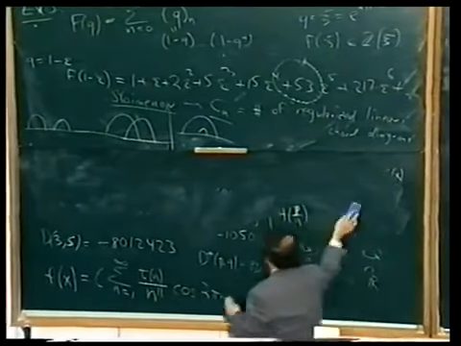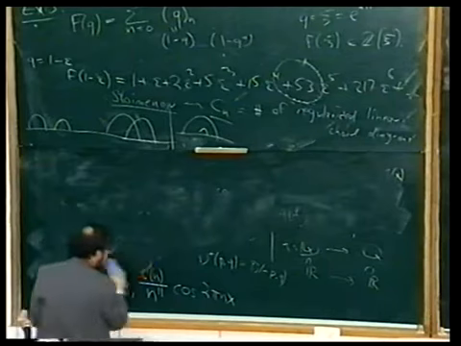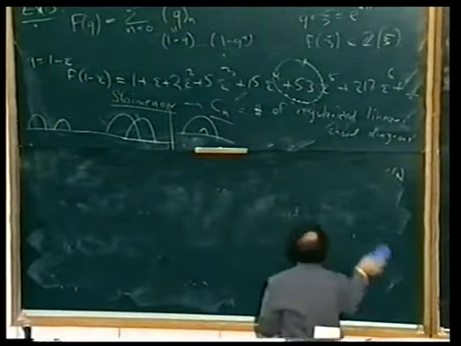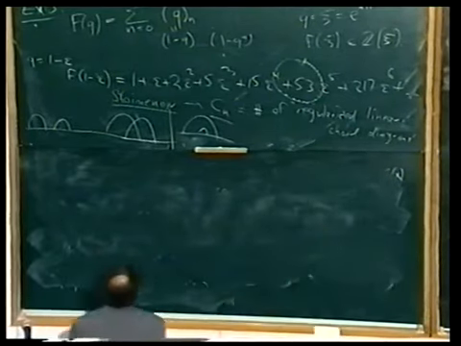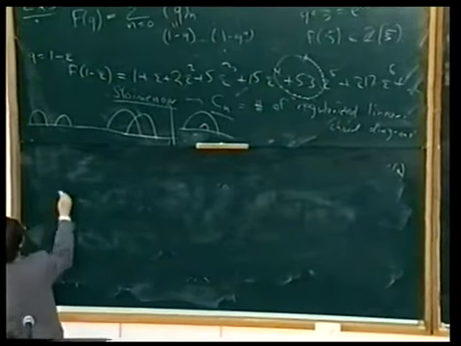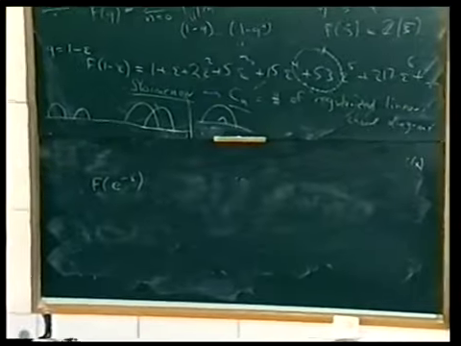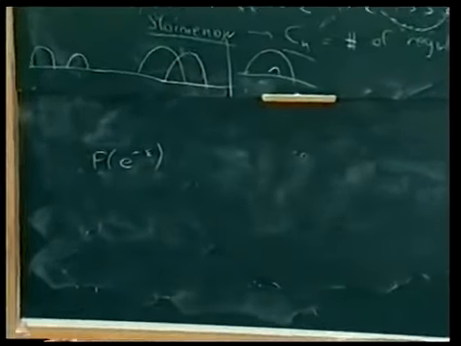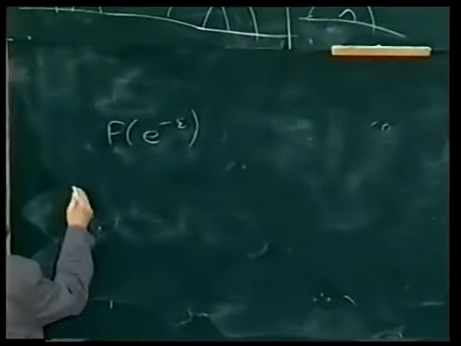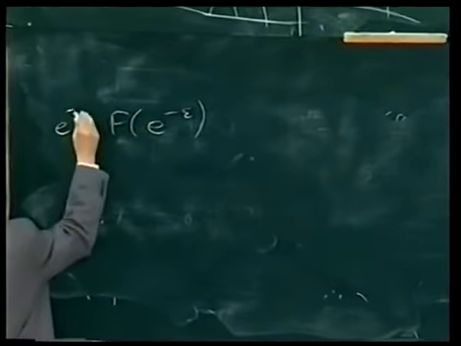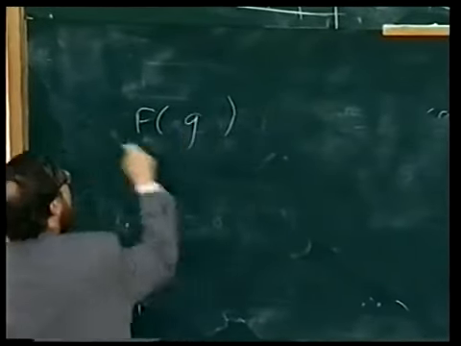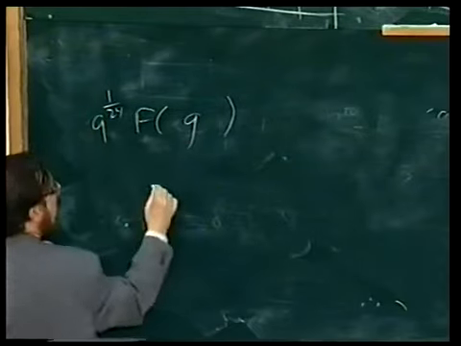The right way to do it, from the point of view of the essence of the function, rather than those particular coefficients, was not to write q as 1 minus epsilon, but as you might expect, to write it as e to the minus epsilon, corresponding to e to the 2 pi i z, with epsilon as 2 pi i times something. And again, it's better to multiply by 1 minus q to the 1/24th as usual,